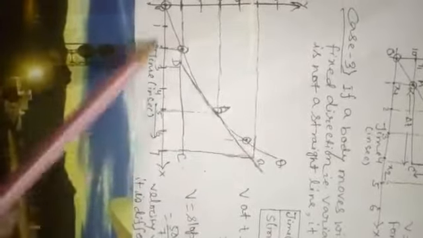Now, on plotting these points on the graph, we have got a curve graph PQ. So to find the slope of a curve graph, we have to draw a tangent. Means we simply draw a straight line which touches the curve and passes. It will never cross the graph. So we have drawn a line BD which touches this curve at a point where displacement is 30 meter, corresponding time is 5 seconds.